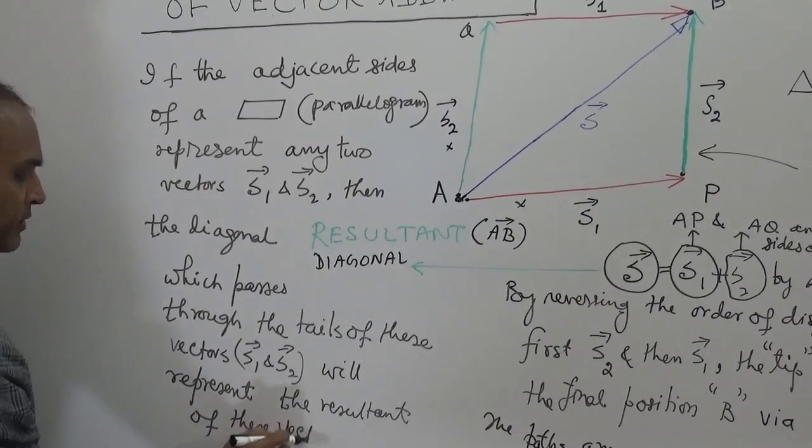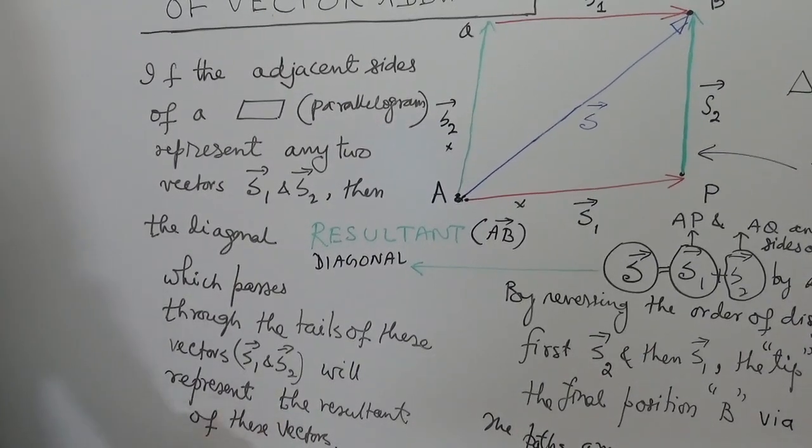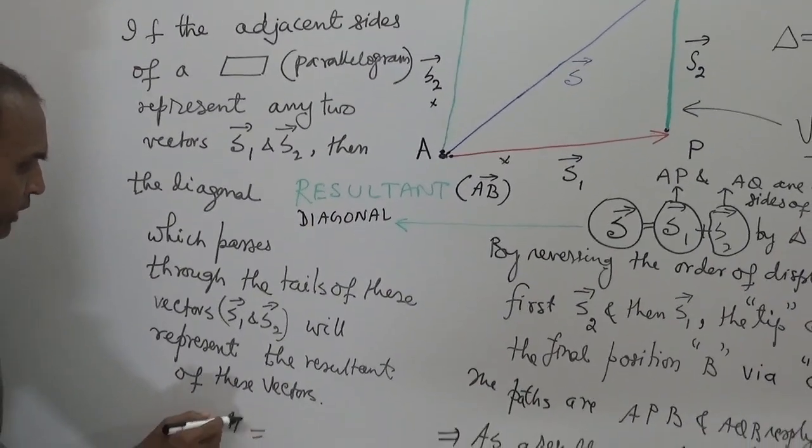So we can write the resultant is S, or we can write the diagonal AB